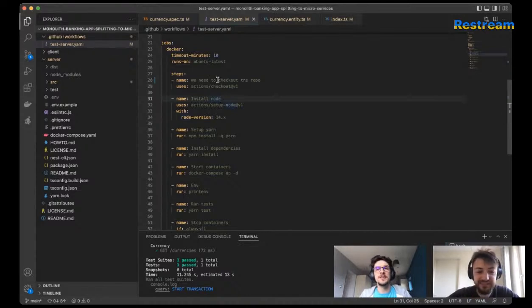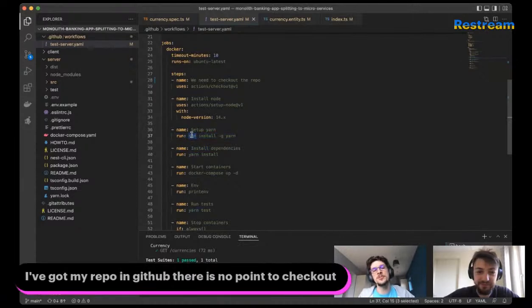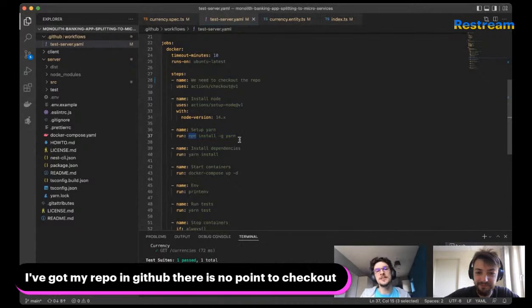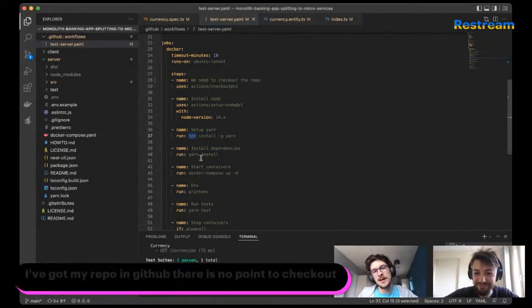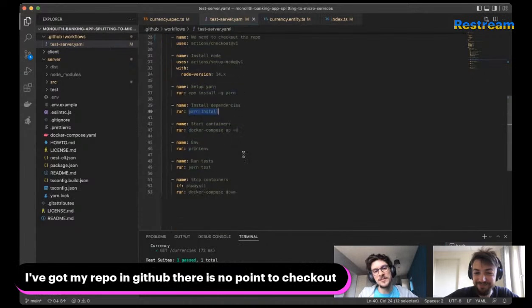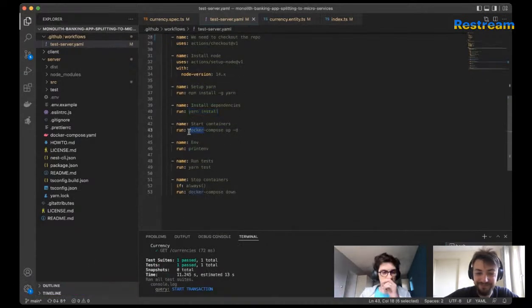Then we need to install Node.js, and then we need to set up yarn and install dependencies. This is an extra step we could skip if we prefer to use npm, but I prefer to use yarn in this situation. So we install yarn, and then this magic question you asked about the database: we start containers.